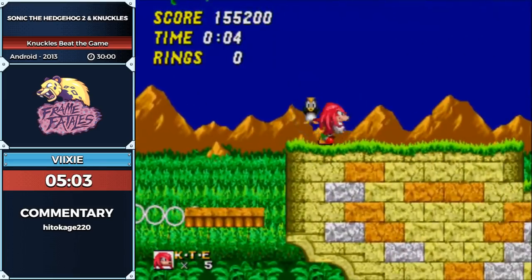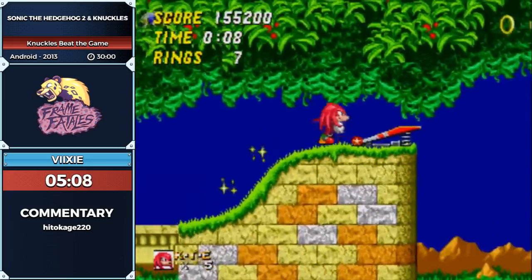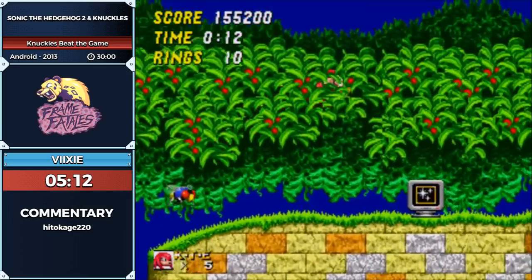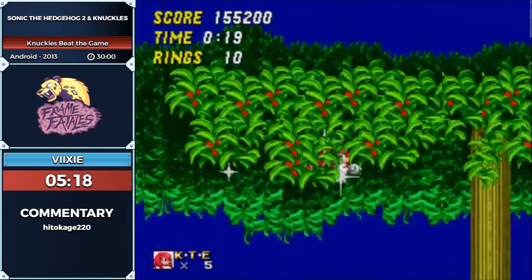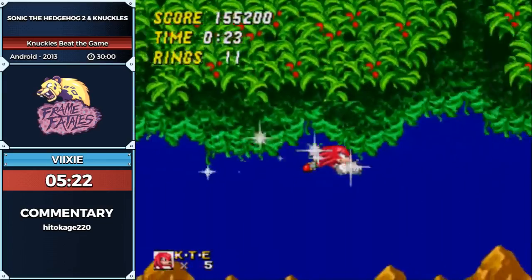Alright, so Aquatic Ruin 2 has a much better strat than any other animal, I guess, that does this level. We get a super glide off this box. If you jump off of that slope and get enough height and then glide into the box as you land, you get a super glide,